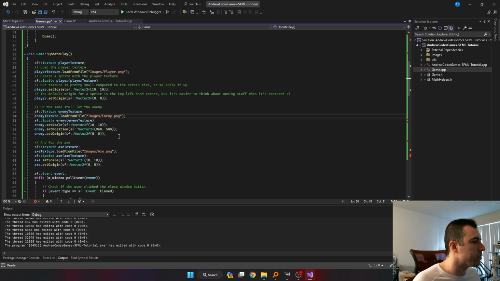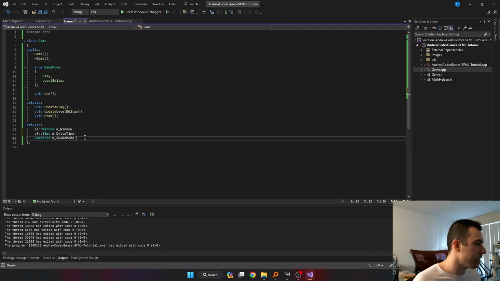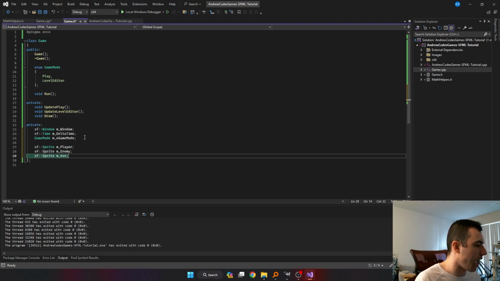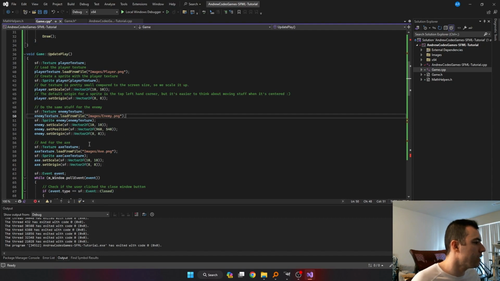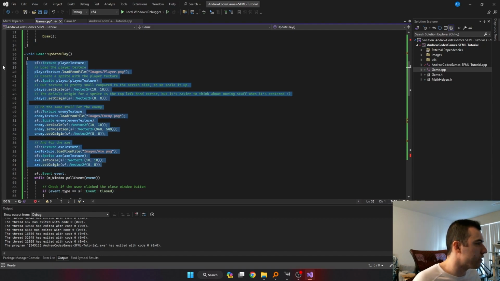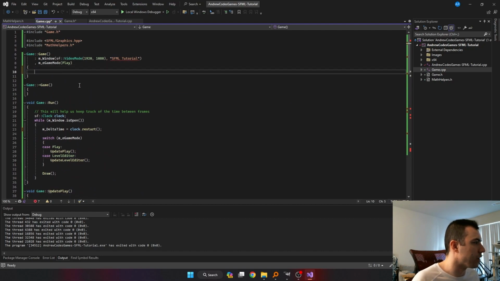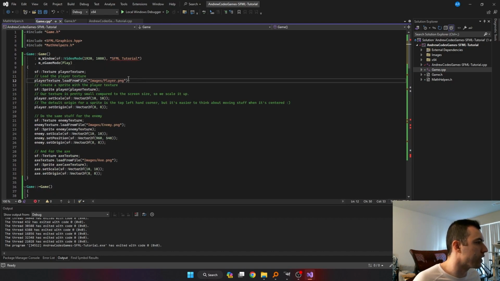The next thing I'd like to do is move our axe, our enemy, and our player sprites into the game class itself. Right now, every time we call update play, they would be created. So let's add 3 sprites, SF sprite. We'll call this player, enemy, and axe. And then all of the stuff that we did in the second episode where we set up the player, sprite, and axe, we can now do that